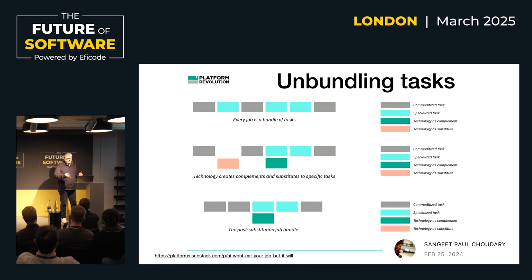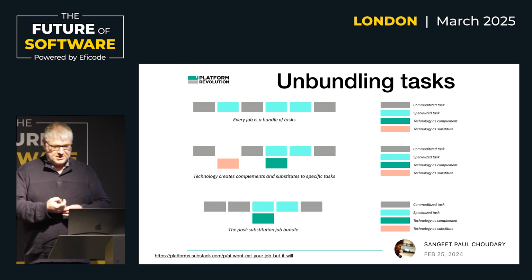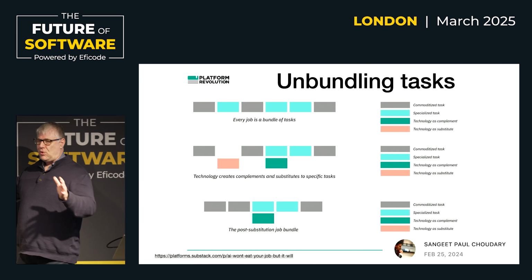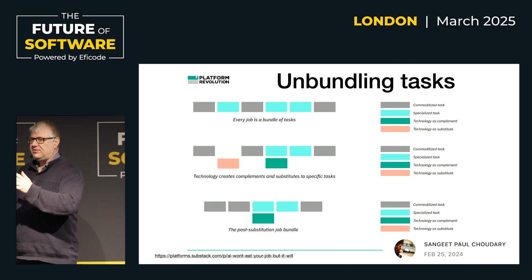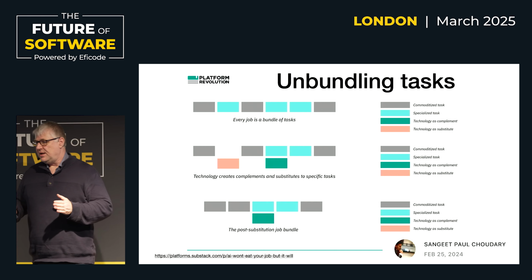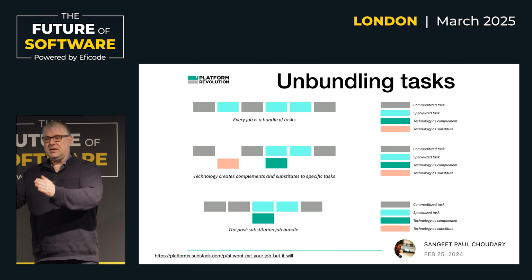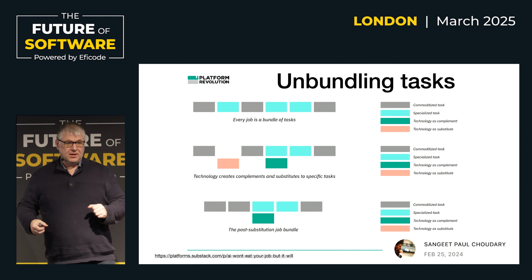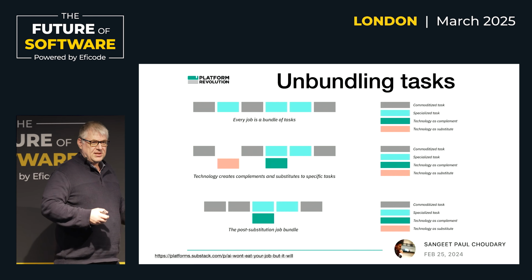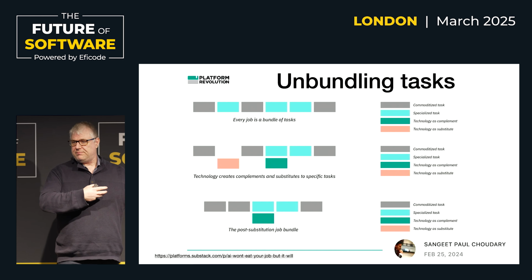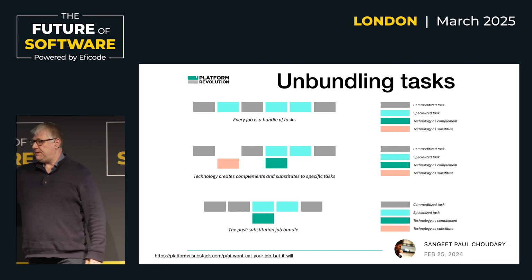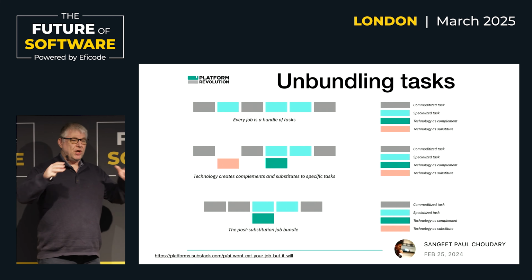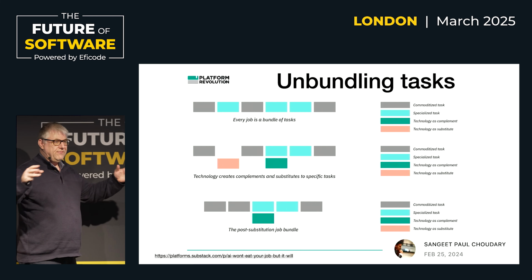Now, I started looking for some clues on what this could mean for us, and I found this visualization quite interesting. Imagine all the things you do as a software engineer or whatever role you have in the company. When a new technology hits, certain things will be enhanced by it, so you can do a better job, maybe faster. There will be new tasks you can do that you've never done before. And some pieces of work are just going to be redundant. So the unbundling of tasks is what we're going for.